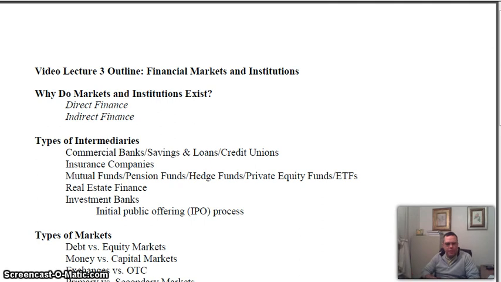Pension funds are run by schools and companies and things like that who have employees. Schools actually run things called endowments, which are similar to a pension fund. They're all large amounts of money that have been set aside over time and pooled together, and they're invested in things. So it's just a middleman who invests on behalf of a whole bunch of people. We really don't need to get any more detailed than that.